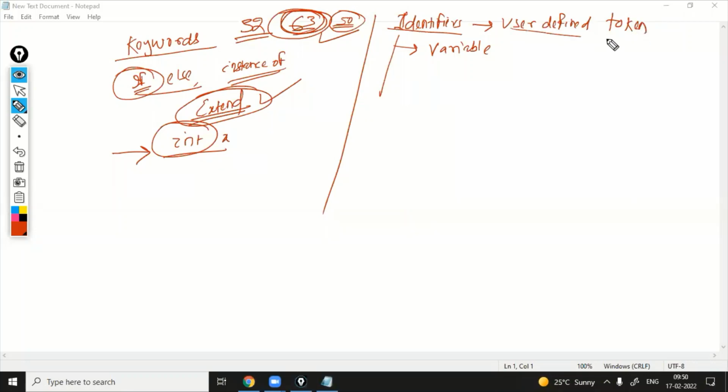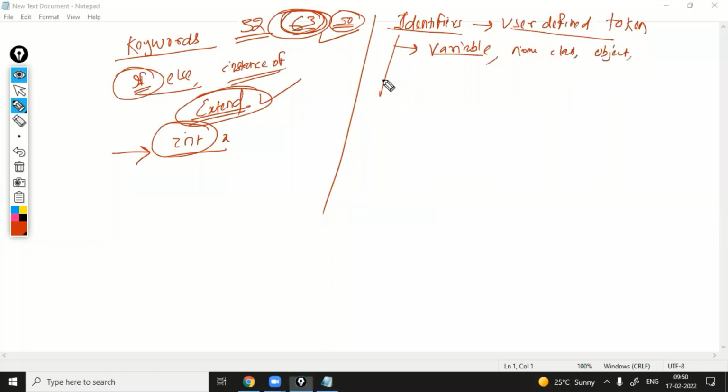We are going to create these tokens, like variables. You can give the name of a class, or an object name. We are going to declare object names and class names. So many identifiers are there. These are used to write your own variable name, class name, and object name. For that purpose we are using identifiers.